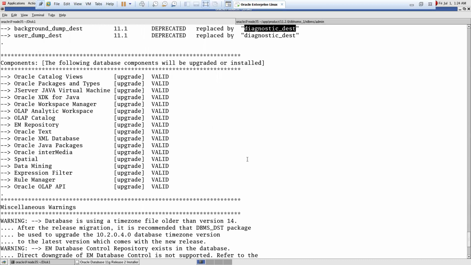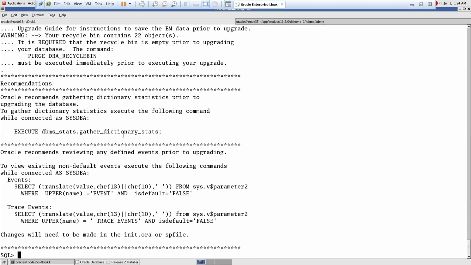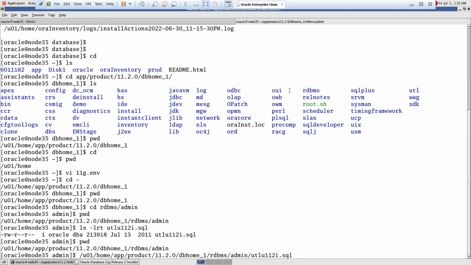Okay, so all these things you need to read in detail. If you have any concerns, you have to raise an SR and get it clarified. Otherwise, you have to check with your seniors. Okay. So you have to make sure that everything is clear and all the points are matched with your environment. After that, what I have to do now is go to the second terminal and execute